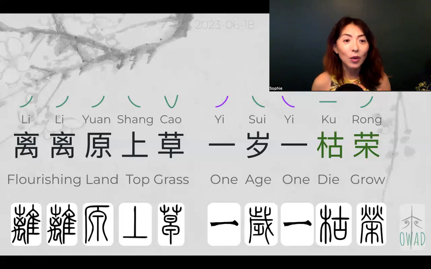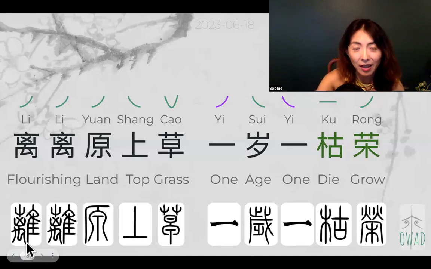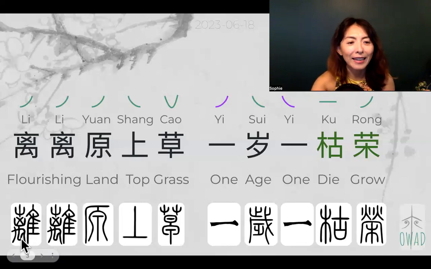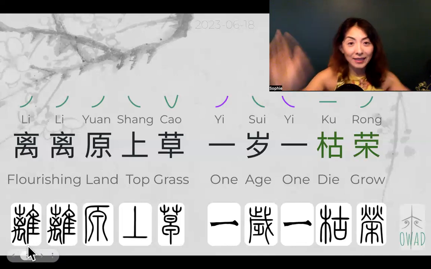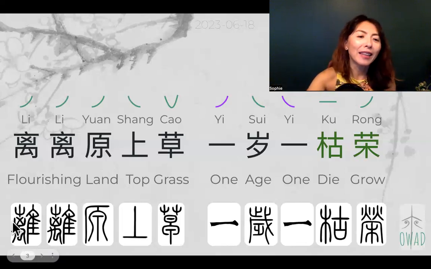Okay, 离. So 离 came from this bird symbol on the right side. You can see the beak of the bird, the head of the bird, the feathers of the bird, and the little tucked-in aerodynamic feet of the bird. Left side is a type of animal. And here the tail sign is the tail of the animal, and here is probably from the butt view of the animal, like big legs striding on two sides, and then this is the head of the animal.